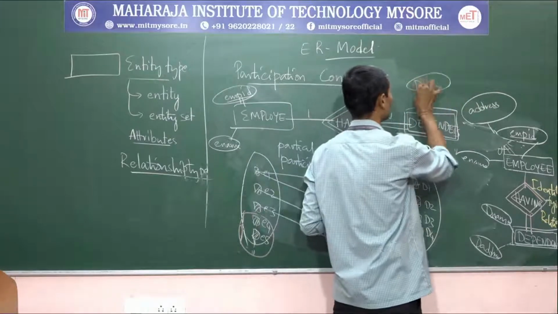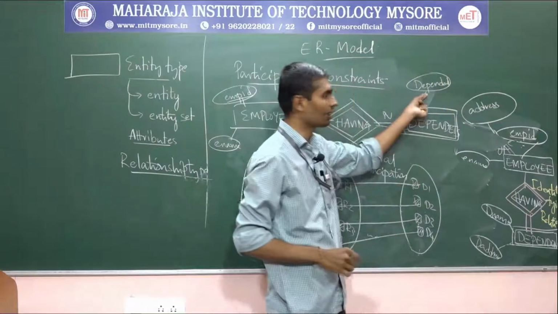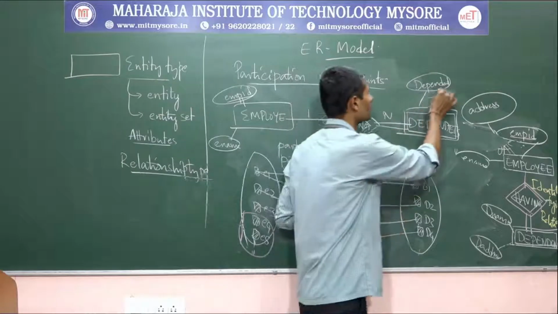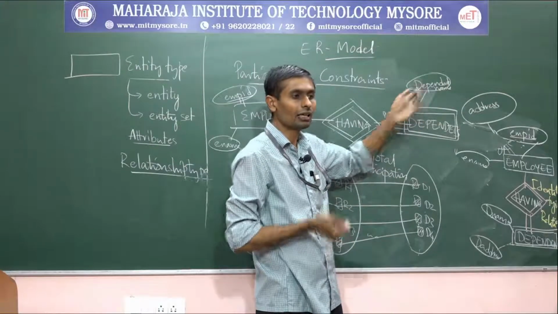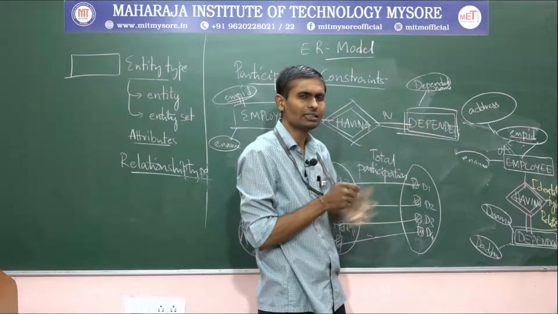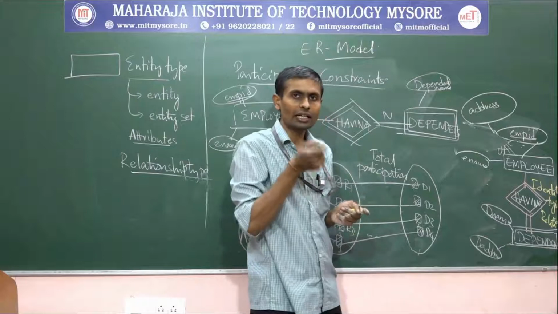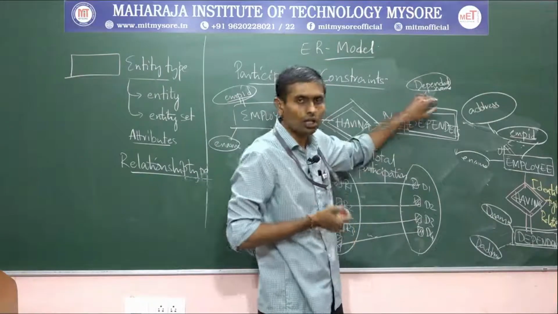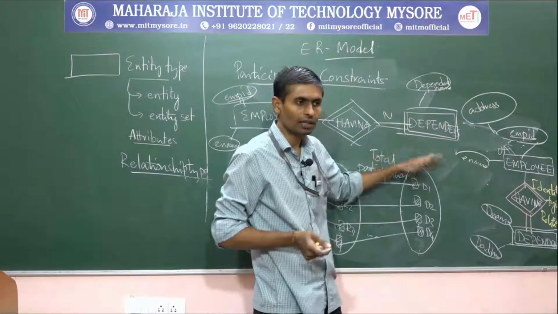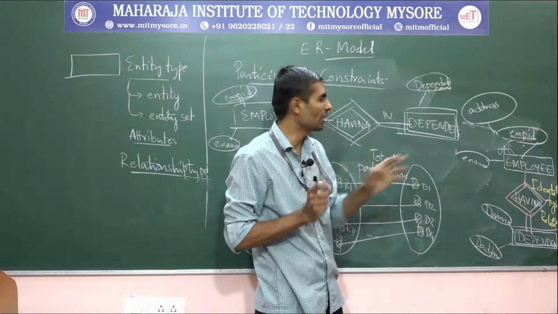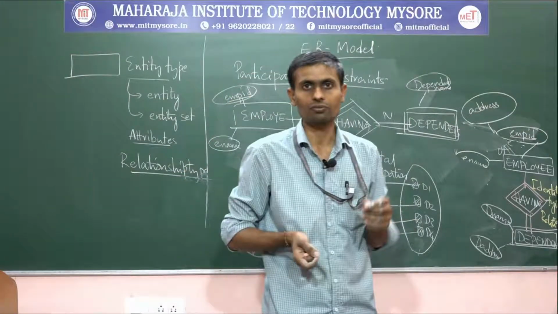Let's assume here dependent has a dependent name. Sometimes with the help of dependent name, as long as we don't have a similar name to what we have recorded, till that time we can consider it partially as a key attribute. I can identify, but suppose some dependent named Raju has been recorded; till then Raju is not present in that entity type, in the table. So during that time we say, oh, I can identify based on these dependent names, because we don't have any other dependents with these names.